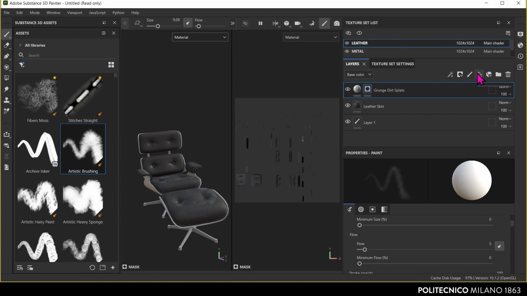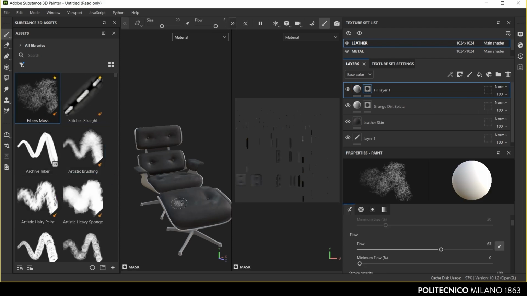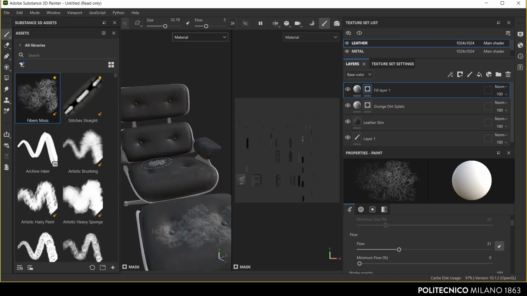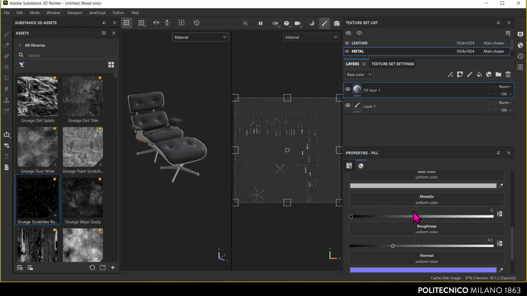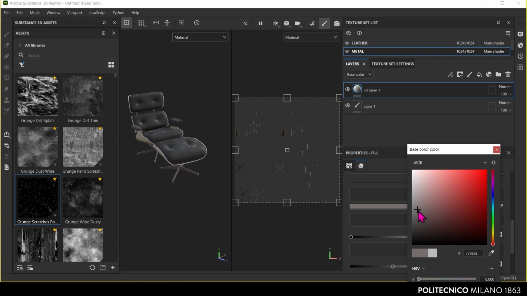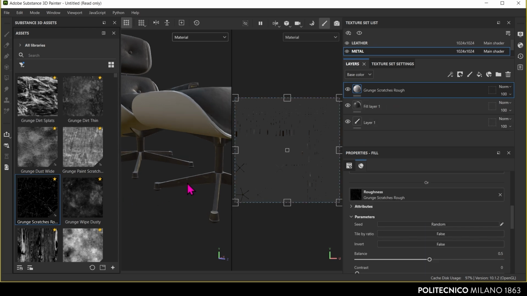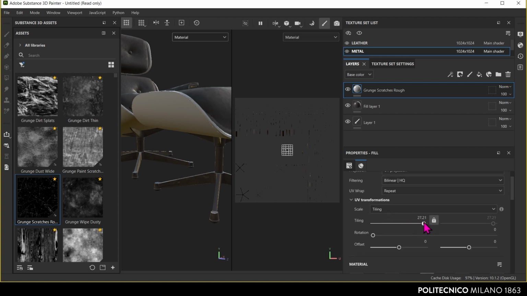Apply the same technique to create a fill layer and add different shading effects within the seat. In this case, we apply a mask and use a white fill to control the shading, allowing subtle variation in the texture that enhances the depth and realism of the seat's appearance. In the same way, create a fill layer to define the color of the metal elements. Additionally, apply a procedural texture to the roughness channel to simulate variation in glossiness and replicate the irregularities typical of metal surfaces, thereby enhancing the realism of the metal components.